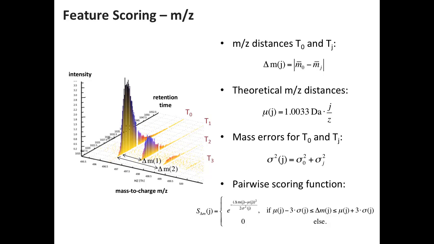So it's no longer just a mere fitting, but we use three things that we know about these features. First of all, the mass traces that belong to the same feature should all co-elute. So when you look at the mass traces, there should be a high correlation between them. That is straightforward. The second thing we know is the mass distance. We still know that they should be apart by roughly the proton mass divided by the charge.